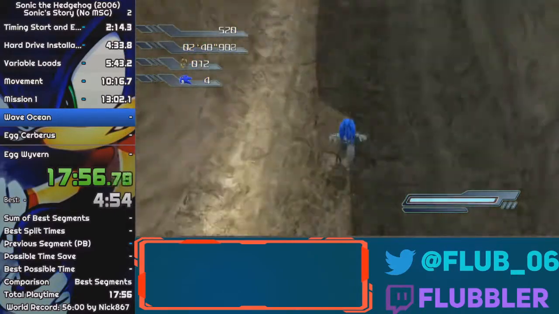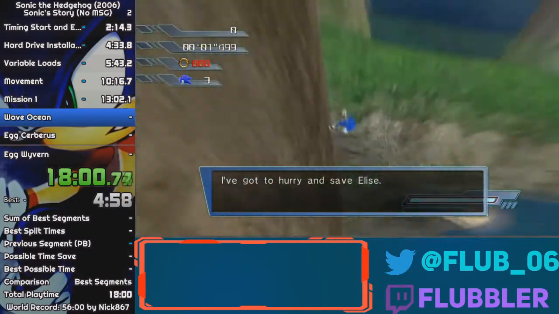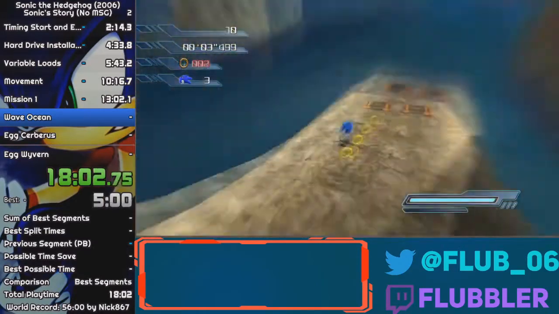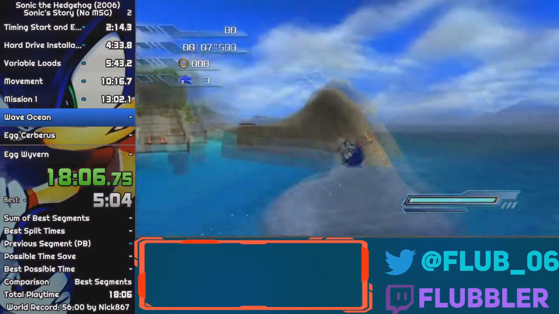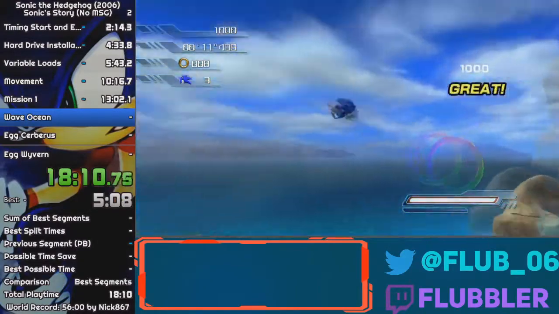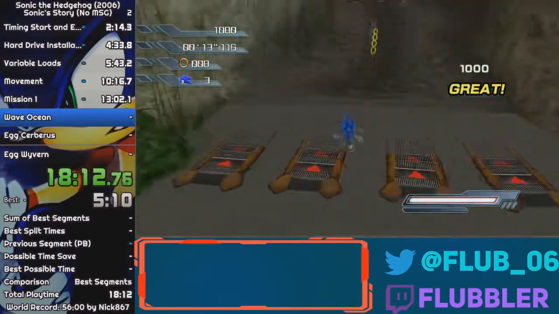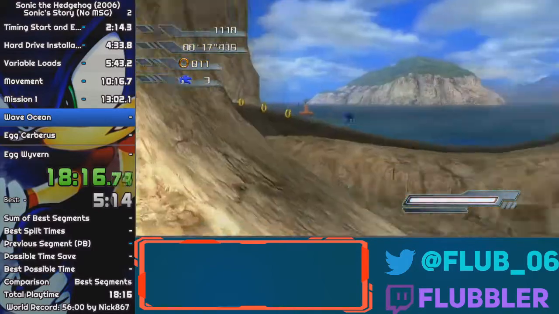And then, yeah. However, let's say you don't want to do any of the skips at all. So, this is the route if you don't want to do any of the skips. You go over here, spin dash following the direction on that dash pad, going through the rainbow ring. Now there is a 1 second time save you could do, which is go left of this dash pad right here, and you can,